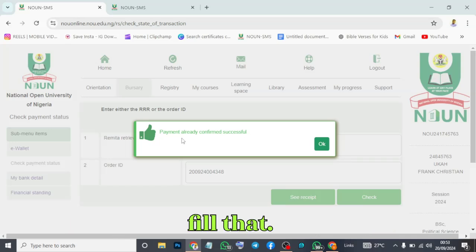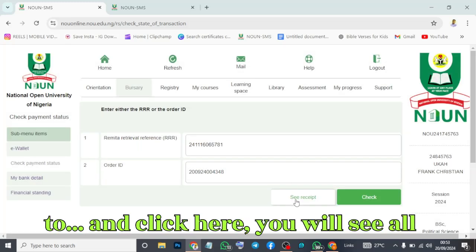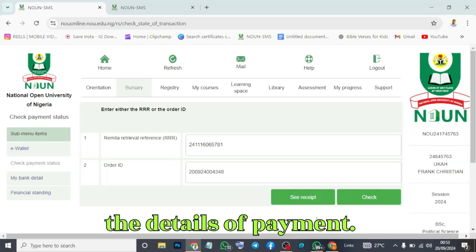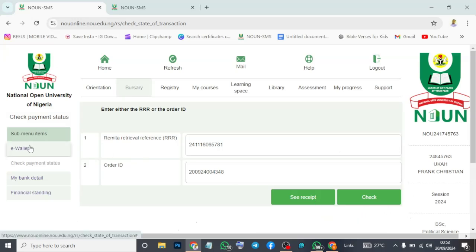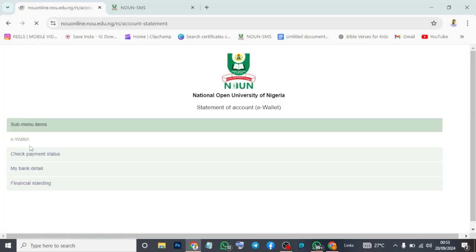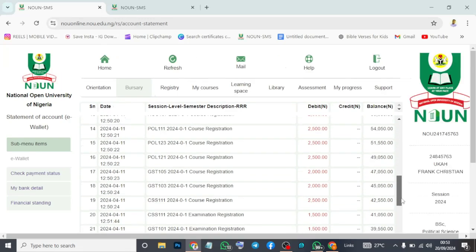So to show that, if you want to check it, you can click here, you see all the details of payment. So that is how to do it. In case you need payment, you can modify it yourself and modify it here on the wallet again. If you have not seen it here,